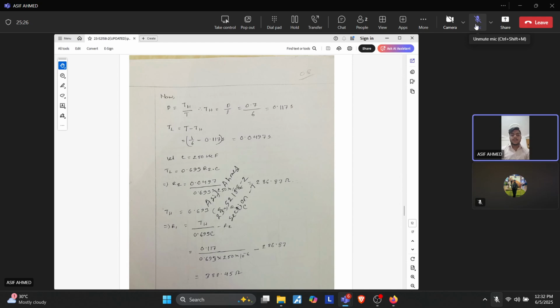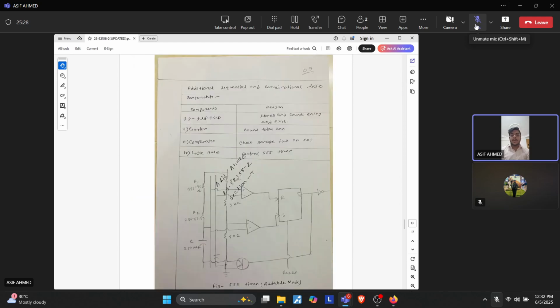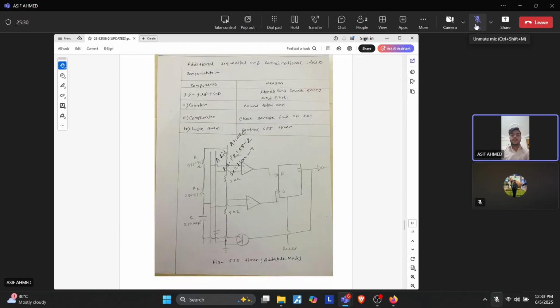We calculated R1 and R2 and put these values into the circuit. The R1 value we got is 388.45 and R2 is 286.87 ohm. We have also used a capacitor value of 250 microfarad. And we have also mentioned the additional components needed